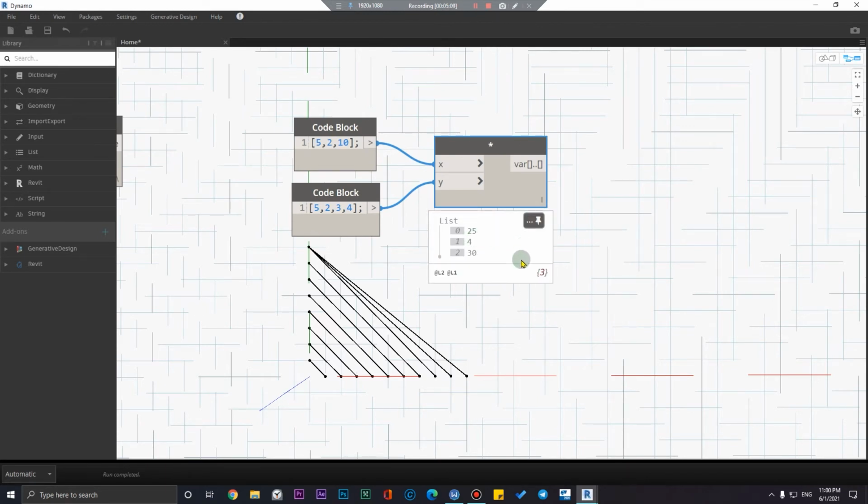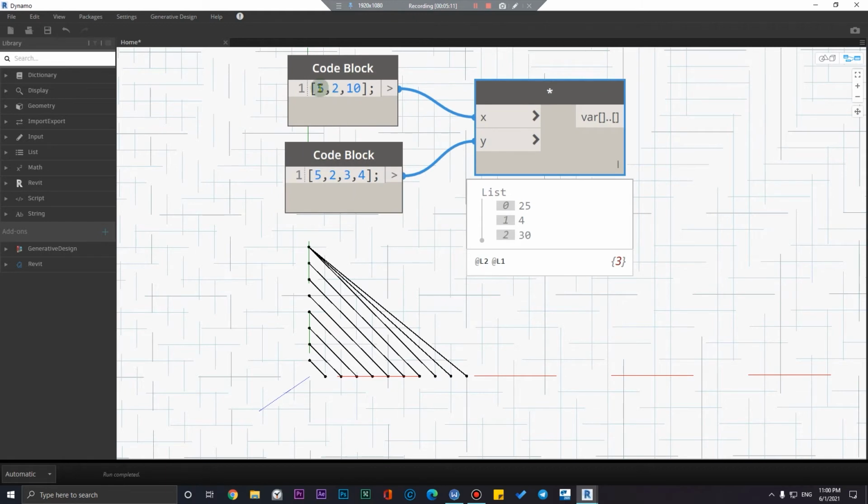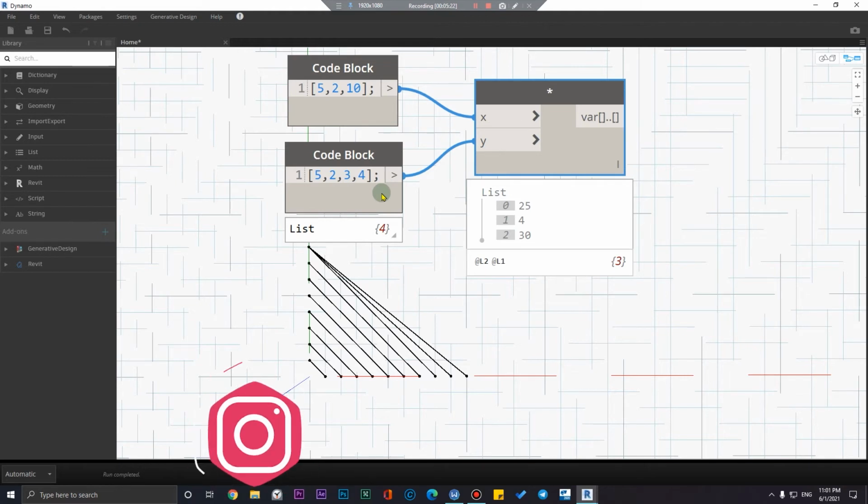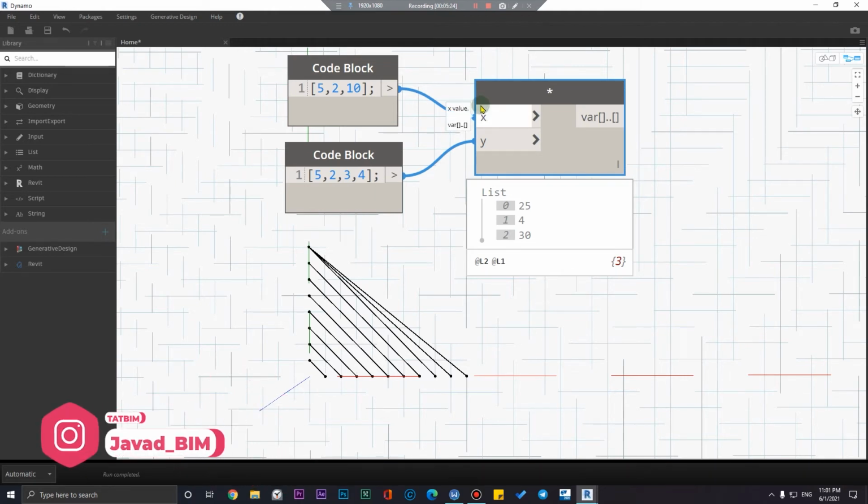Now you can see when it is in shortest, 5 will multiply with 5, 2 will multiply with 2, and 10 will multiply with 3. And the fourth number would be nothing, and there is no operation on that.